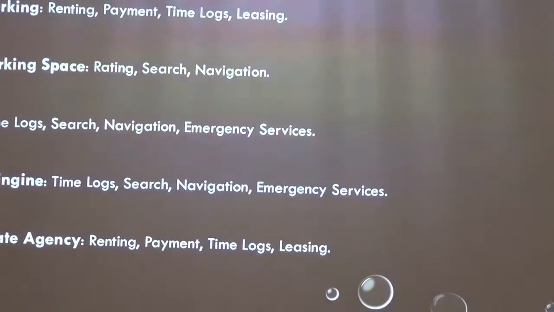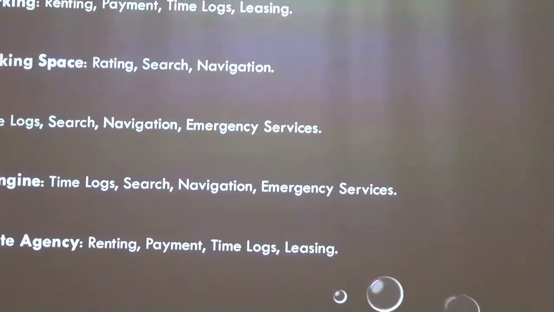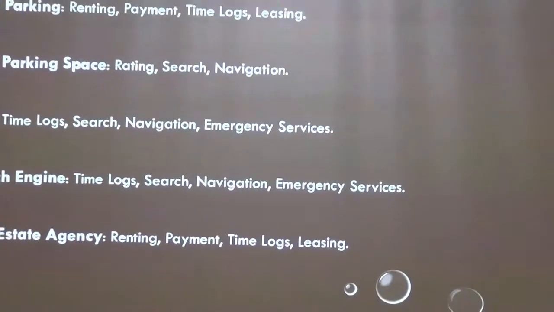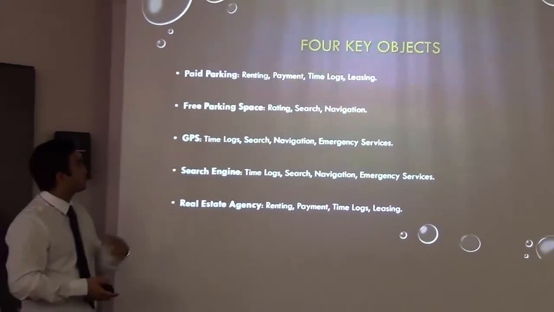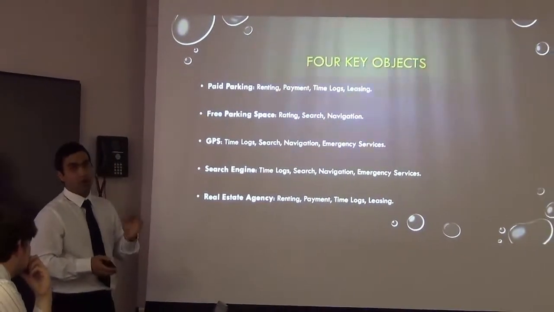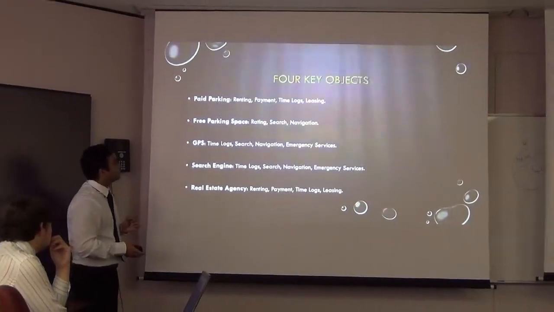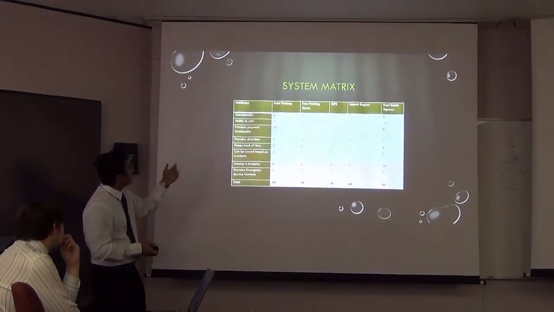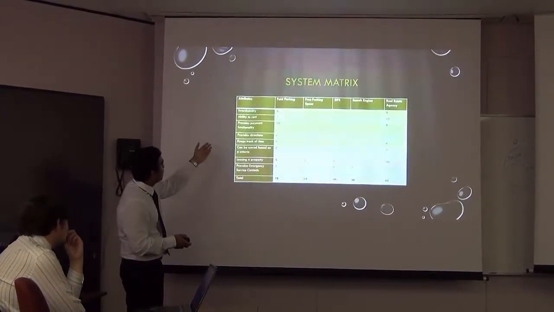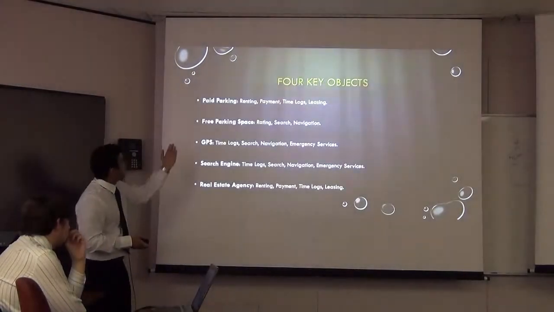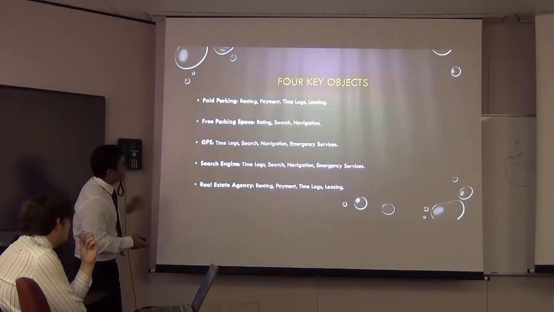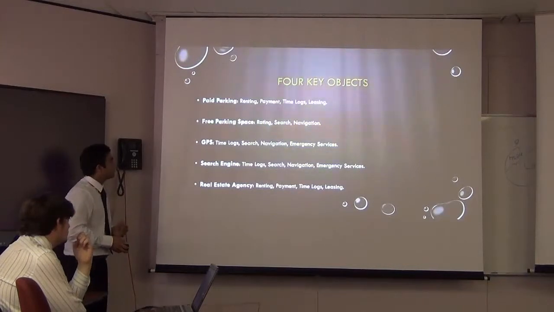And then we created the 4 key objects. So what this actually is basically the metaphors again, and then we have each object that's basically the top 4 highest ranked ones from the previous slide. So in this case, it would be the ability to rent, provides payment, keeps track of time, and maybe leasing a property. So as you can see there, and then we did the same principle basically for the other metrics.